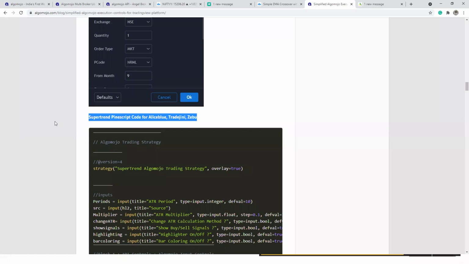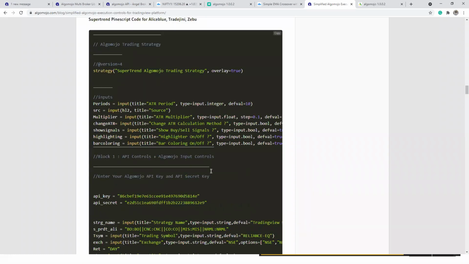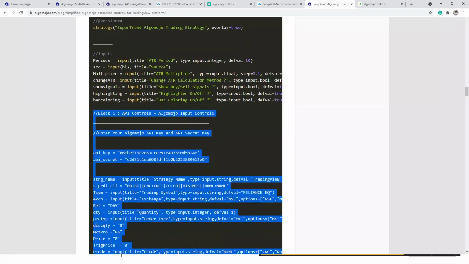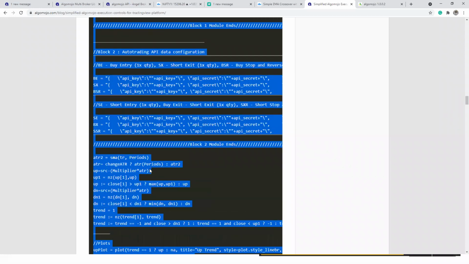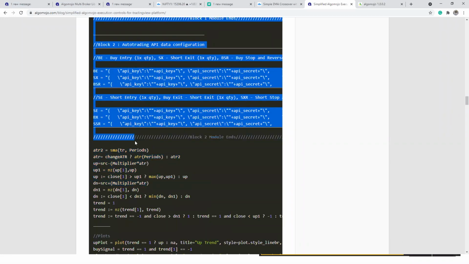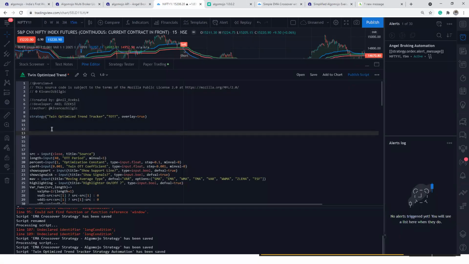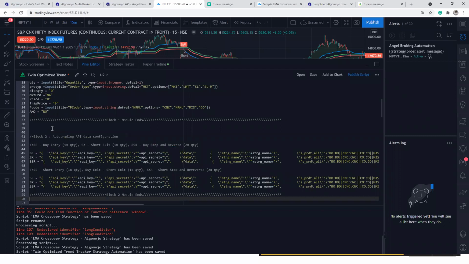All these brokers, here is the version. Same block 1 and block 2. I'm going to copy it. Here is block 1, which contains all the input parameters. And here is block 2. Next to that, immediately I'm getting block 2 as well. So up to block 2, I'm just copying it. Block 1 and block 2 is very easy. Go and add it to the strategy. So you have a strategy, you already prepared the strategy. Now you add the module.